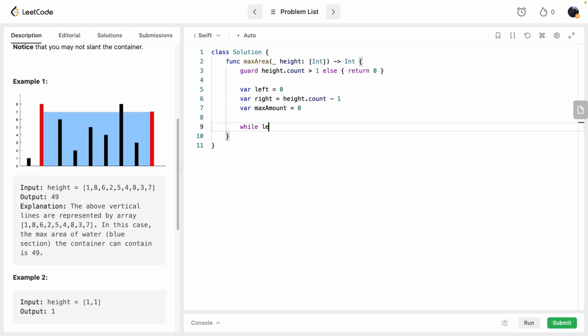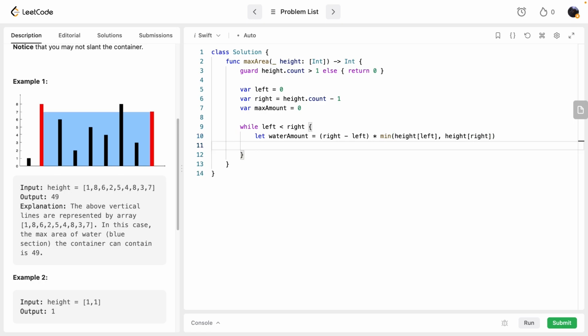Then we have our while loop. We would implement it while left is less than right. So the water amount is right minus left multiplied by the minimum height of left and right lines. So we would calculate water amount on each step of our while loop. And max amount, so we would update our max amount variable with the water amount,